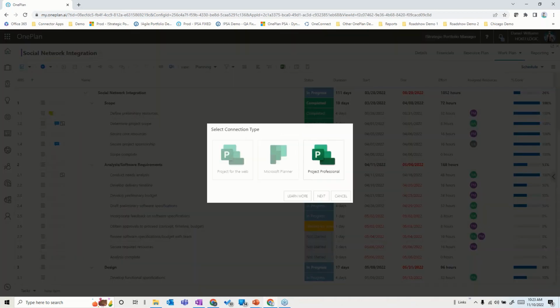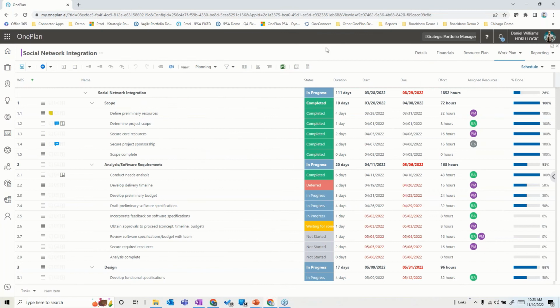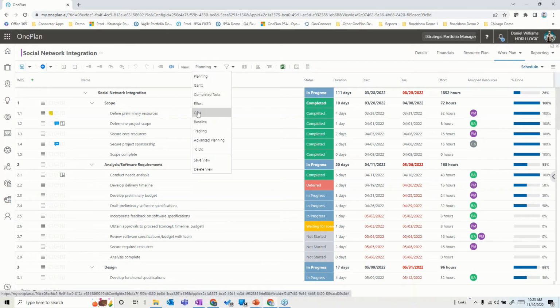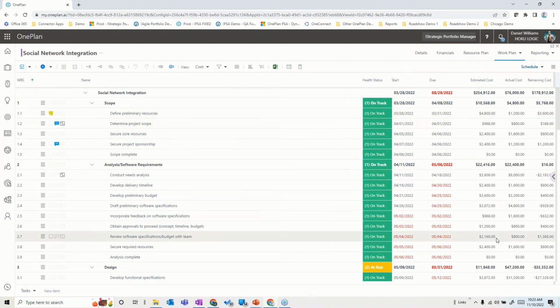If you have connectors enabled for things like Project for the Web, Planner, or Project Professional, optionally you can bring your data in from those if you have planning data already built in those. So you have the flexibility of where this data is going to come from and mapping in the data that you might want to use. And you might even have more cost level data in here and financial data at the individual task level, like we talked about in the bottoms up approach, that you might want to roll up to the project.